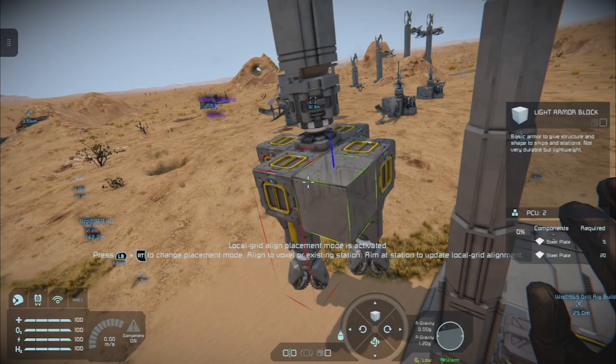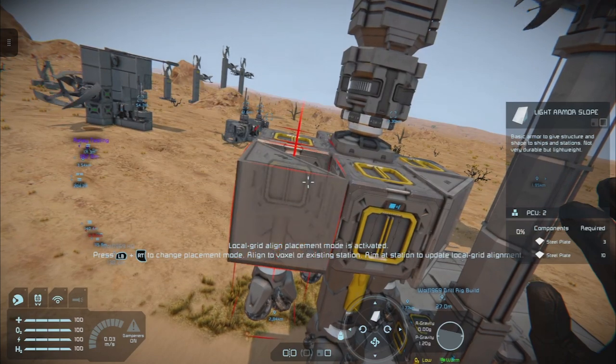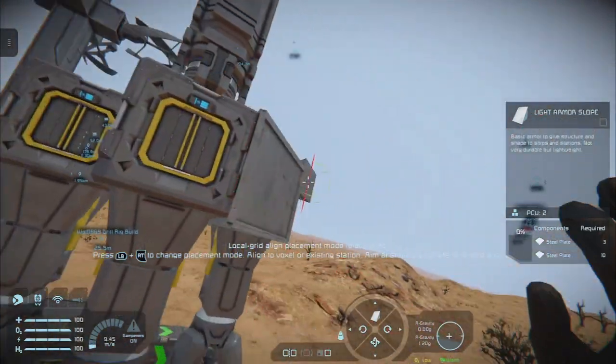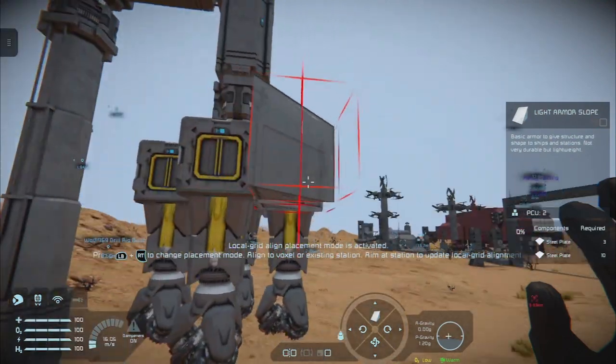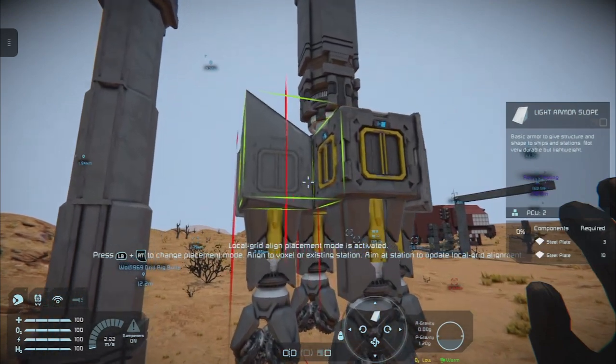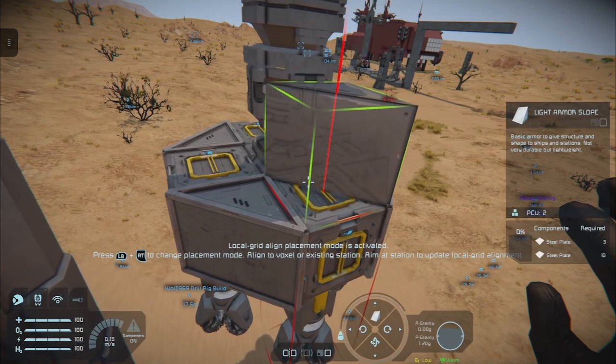Let me reset my blocks. Let's get the rotation correct. And this is the second iteration of my drill that I've done.